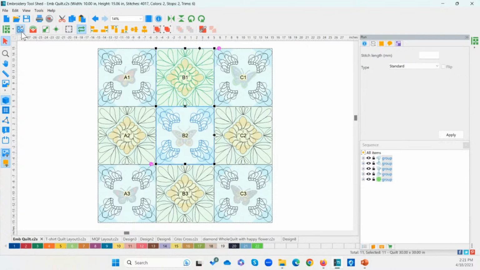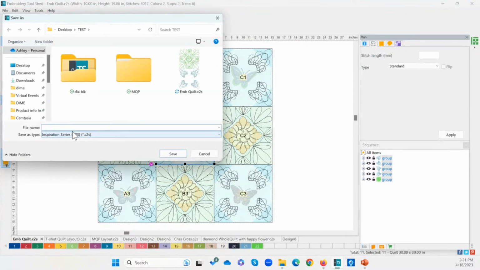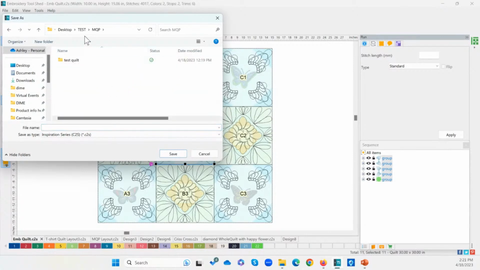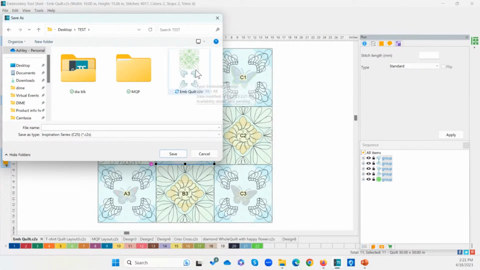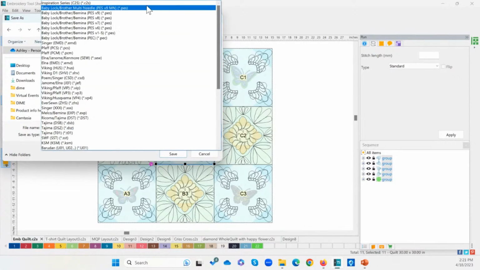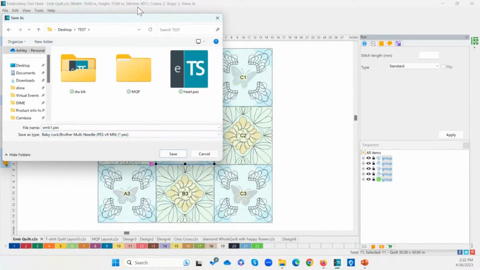And then the next thing you're going to do is you want to export this quilt layout. So I'm going to do an export quilt here, and inside of this folder here. So it looks like I only have these 2 designs, but this actually is the whole quilt. So let's call this our embroidery quilt 1. I'm going to export this one with a number 1 behind it because I'm going to do 2 different types of exports here. Well, it's the same type of export, but I'm going to do something different to the design so you can see what happens. So PES is the format for my embroidery machine. So make sure you choose your PES format. This one, you want your machine format. And then I've got it named EMB1, and I'm going to click save.